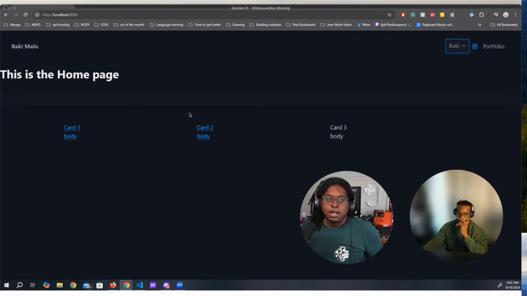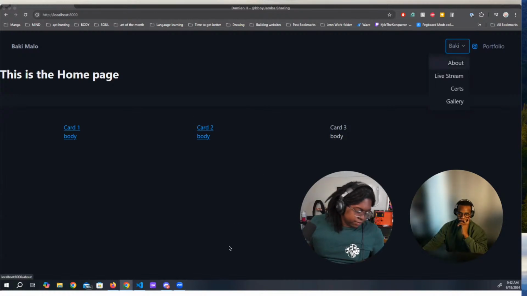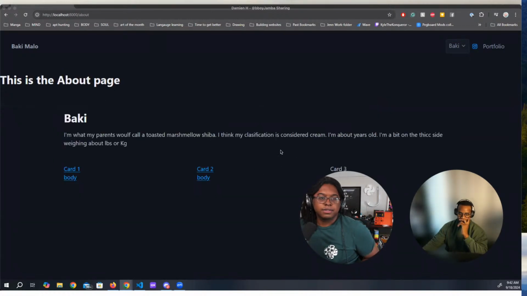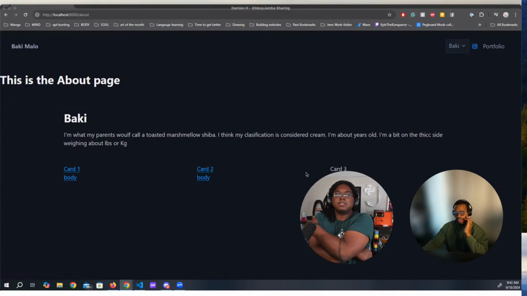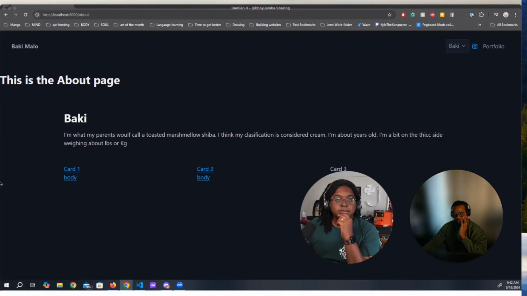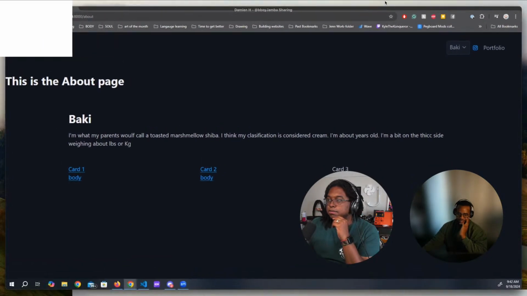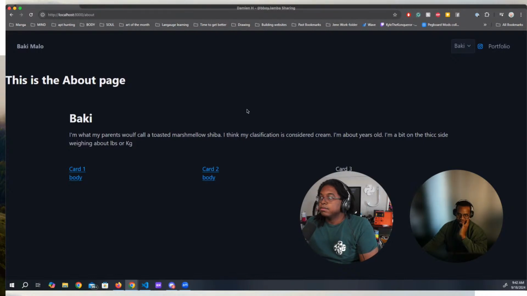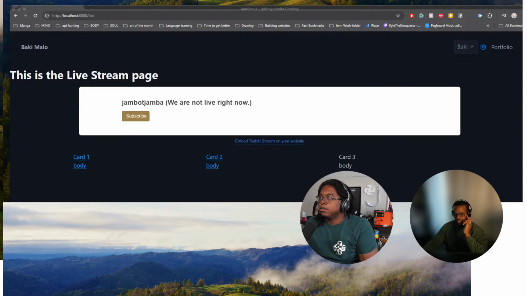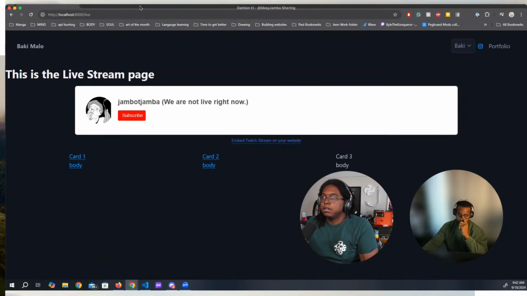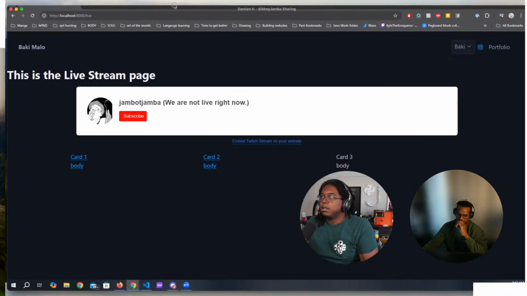Okay. Yeah. The only section that I was working on, I put a few things in the about me section. I have to add a hero image, an actual image. There's a bunch of stuff that I have to add, but right now I just wanted to make sure things are functional. And the thing that I think took the most time was the actual live stream portion, which is just an embed from an API from